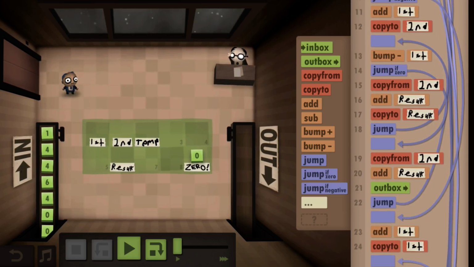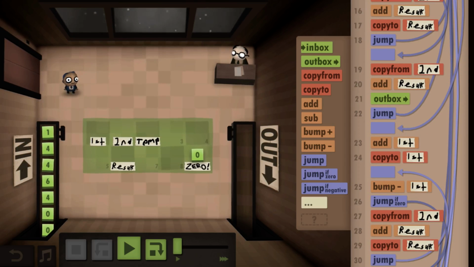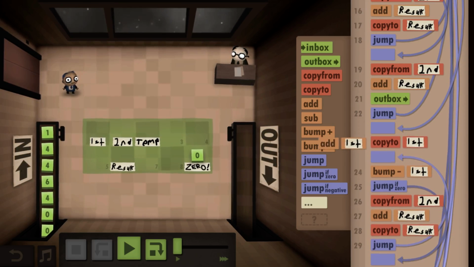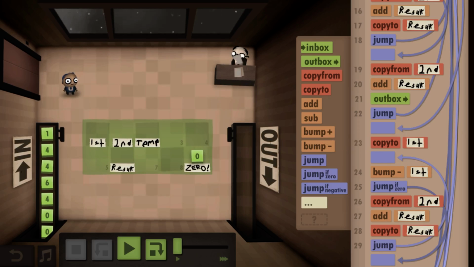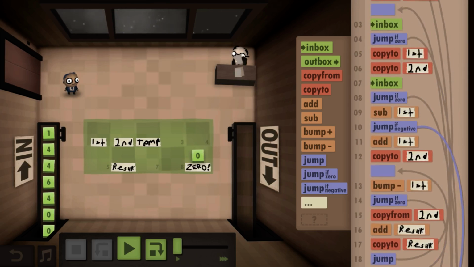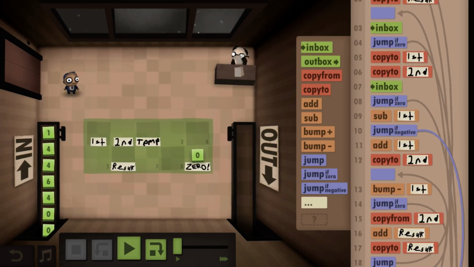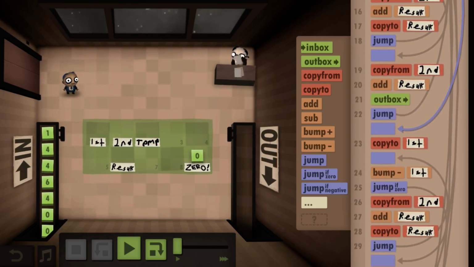Which I guess I don't need to do that, do I? I don't need to add it and copy it to 1 because this triggers... Well, I think I do actually.